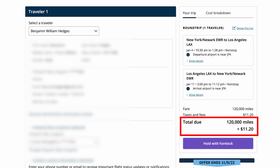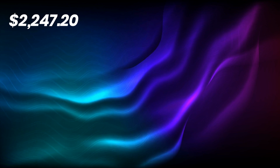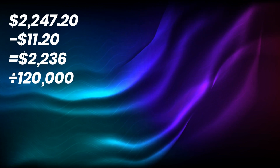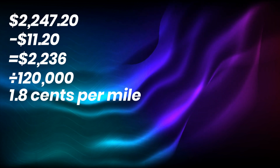So I tried a business class booking from New York Newark to LAX. It came in at 120,000 points plus $1,120 in taxes. The cash price would have been $2,247.20. So minus the $1,120 in taxes gives us $1,127.20, and then we divide that by the number of miles needed, 120,000, and that gives us 1.8 cents in value